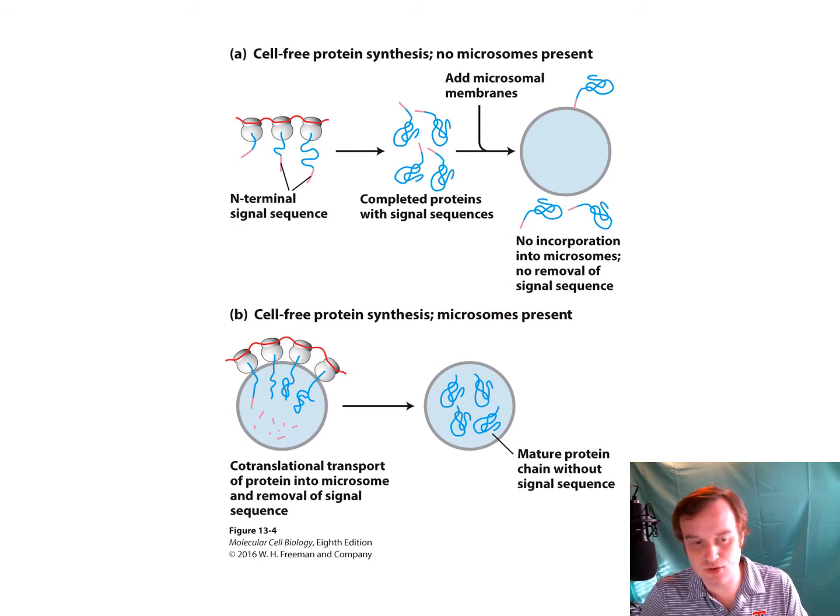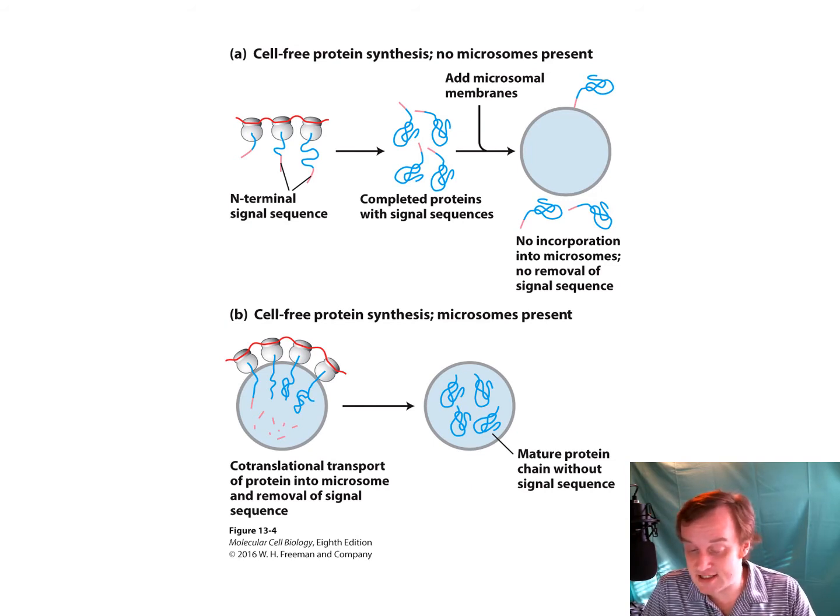So how did they figure out this targeting of proteins into the lumen of the ER and determine what mechanism actually drives this? This is a summary of an experiment, or multiple experiments, that they did to determine this. And so what they did is they took